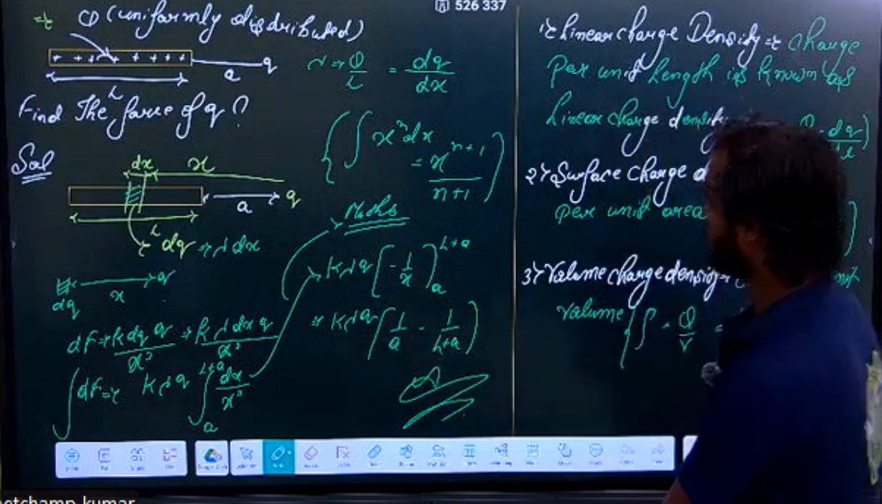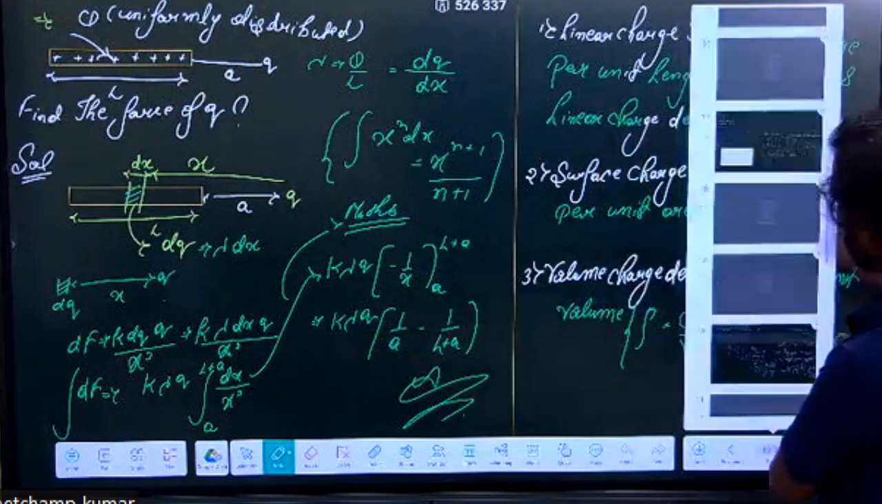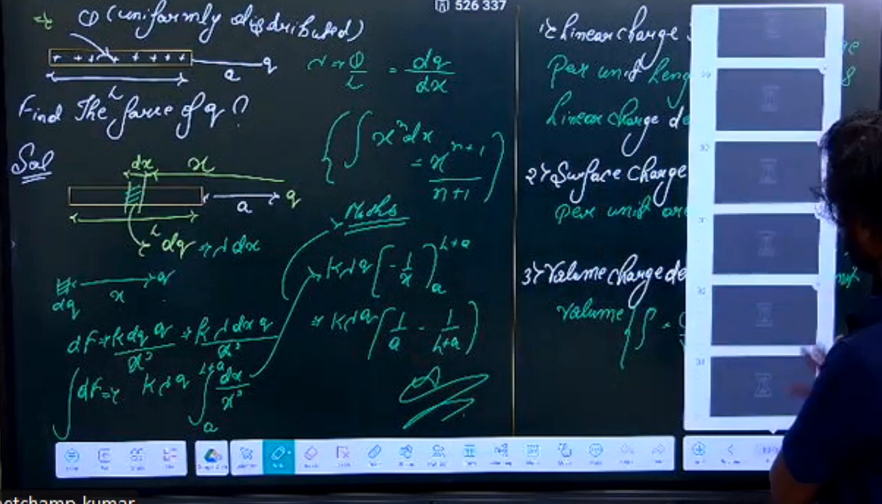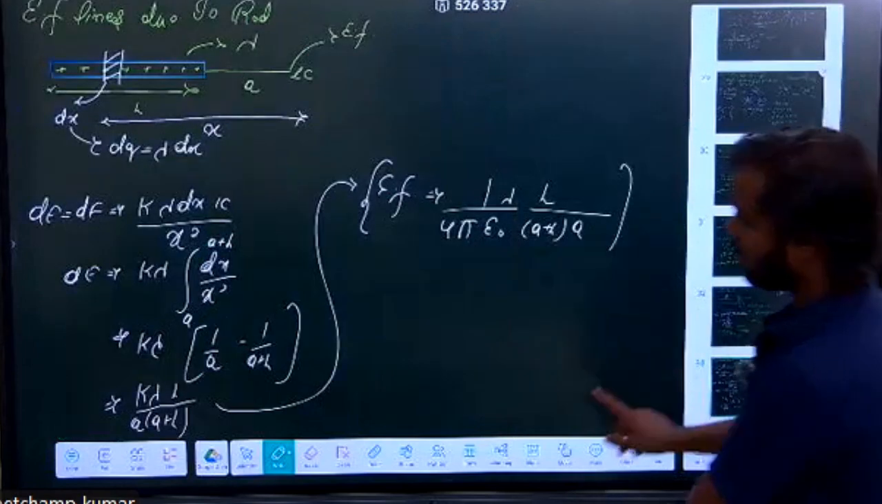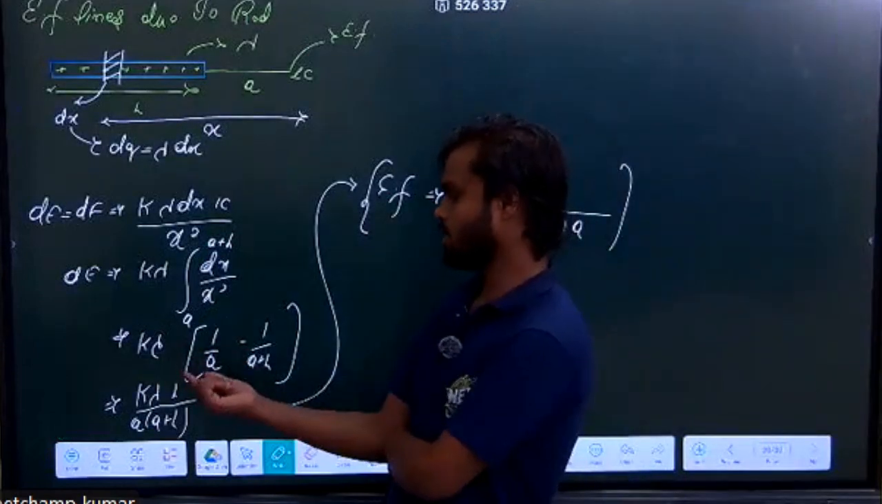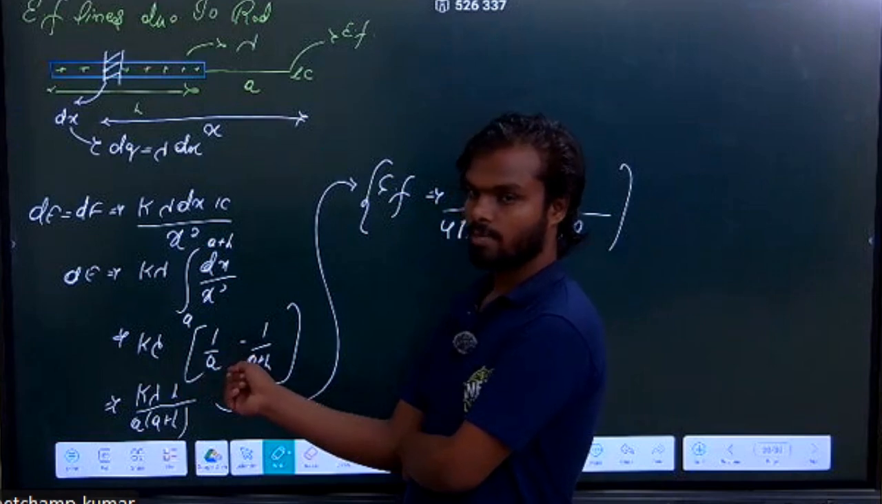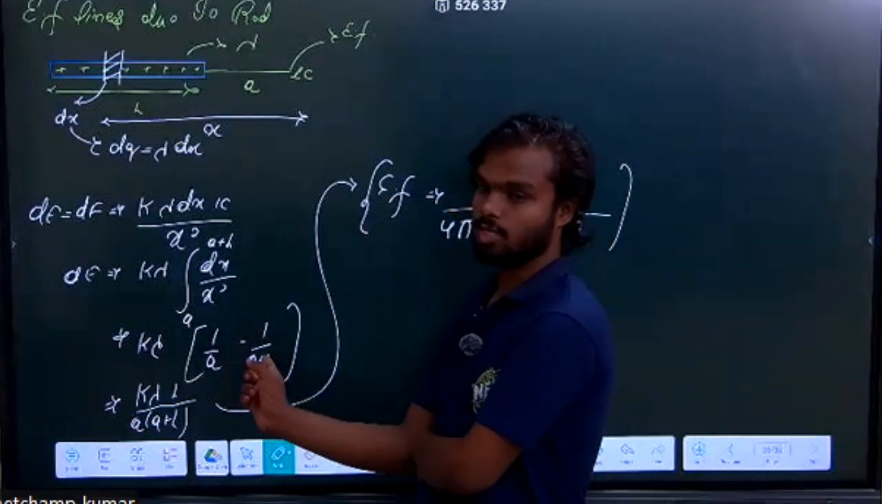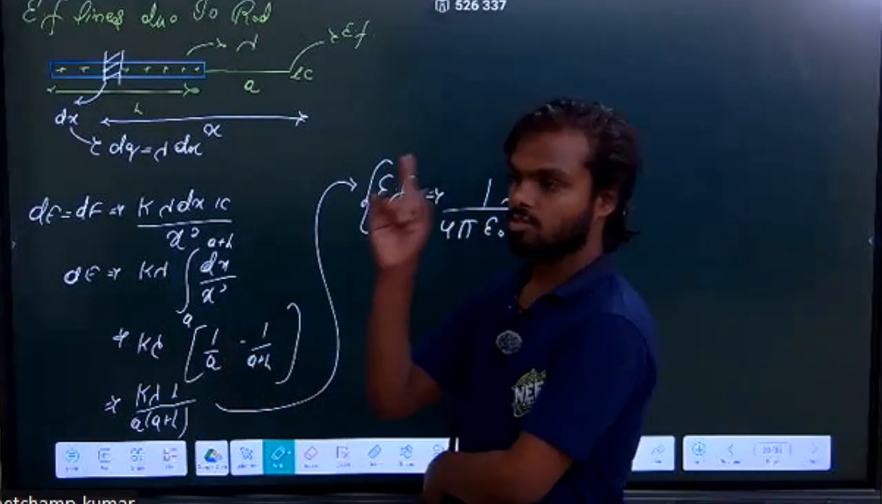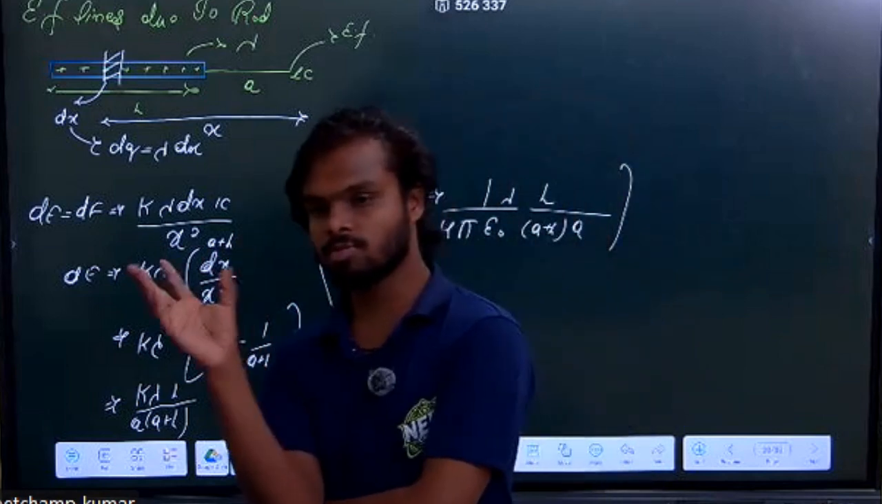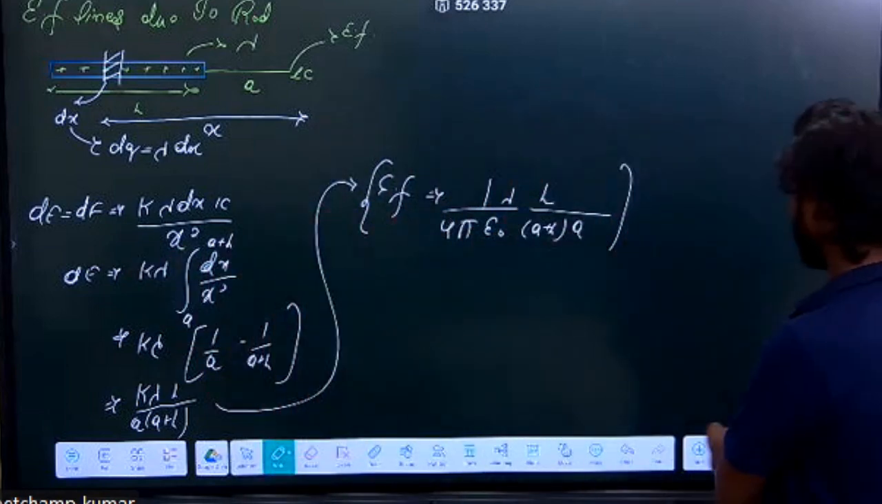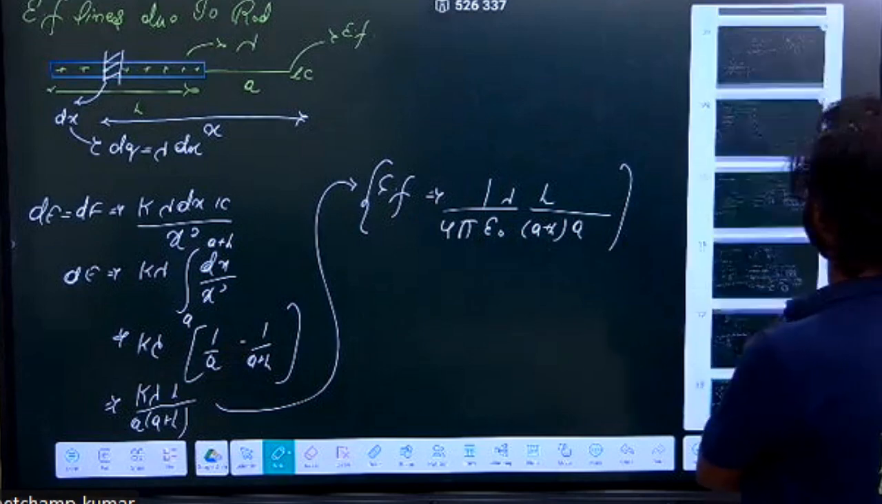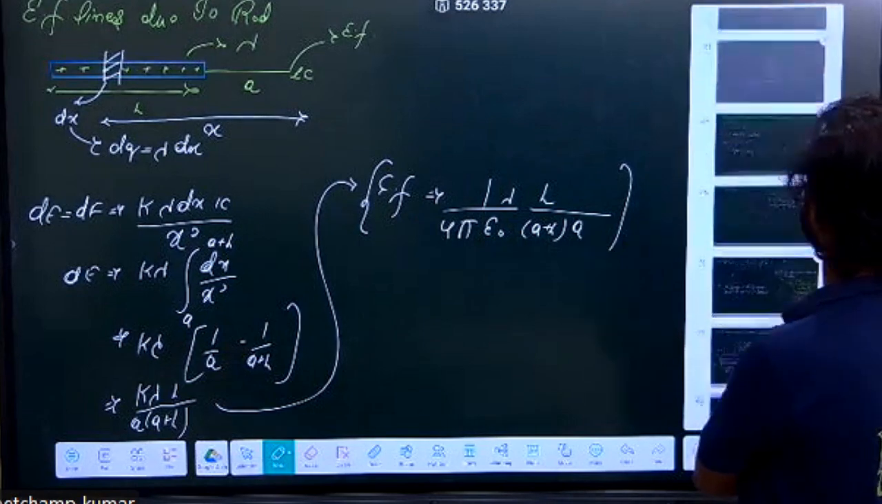Just replace q by 1 coulomb and match it here. See, we are getting the same value, k lambda upon 1 by a minus 1 upon a plus 1. The answer is the same. So whatever question we have solved earlier, if you remember, in this same question,